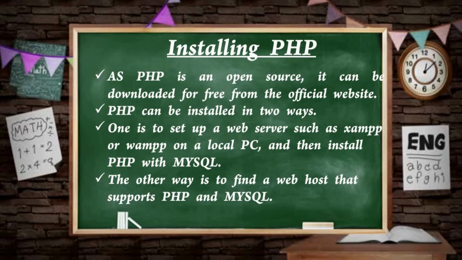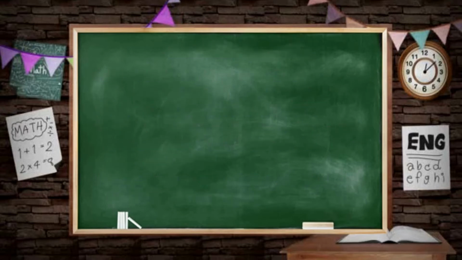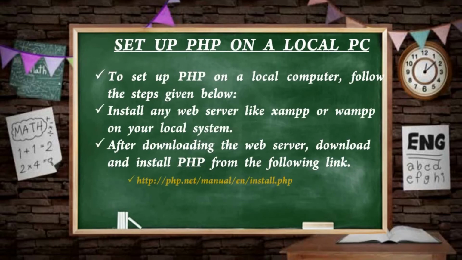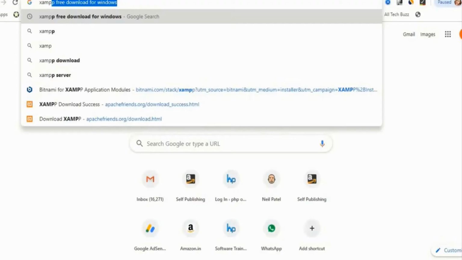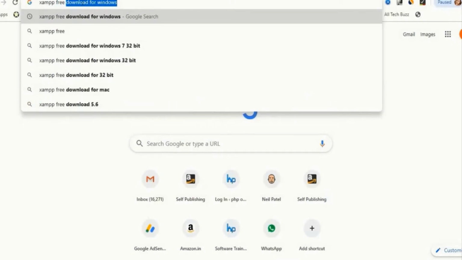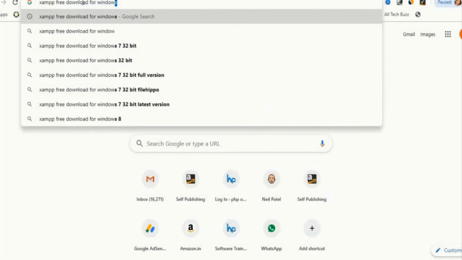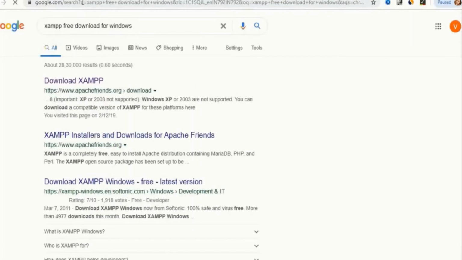Let's learn how to install PHP on your local computer, right? Here we will install PHP with the help of the XAMPP server, right? Just Google "XAMPP free download for Windows", right? When we Google this, the first link will be Download XAMPP.